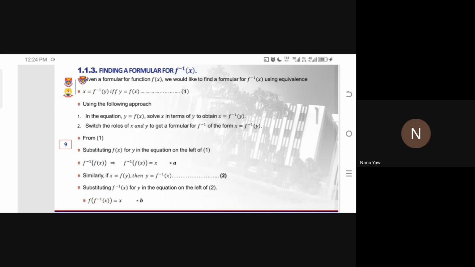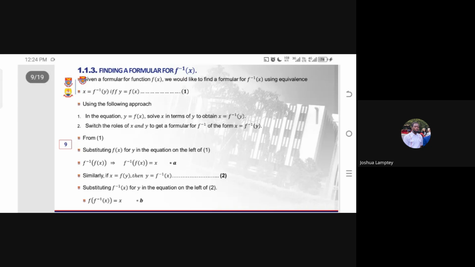So here we want to find a formula for solving. Madam, I want to know the differences between the range and an inverse function. Please, I can't hear you. You were saying something. I want to ask you a question. I want to know the range difference between the range and the inverse function. The range is the y values that will